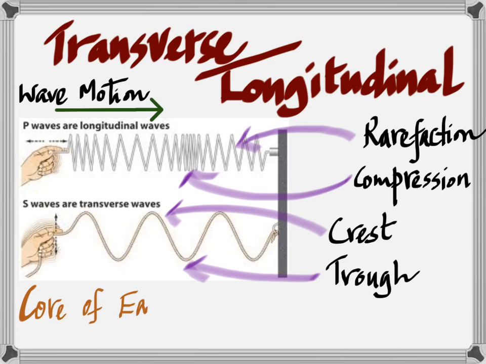And how do we know that the core of the earth is in a liquid state? Because somebody dug a hole and went up there and never came back. No. So how do you know that the core of the earth is molten? Because when an earthquake happens on one side of the earth, we still manage to get longitudinal waves on the opposite side. That's scary. On the opposite side. If you're listening to me, you understand. And we know that longitudinal waves can only propagate through a liquid. Did you hear me? In fact, a fluid.